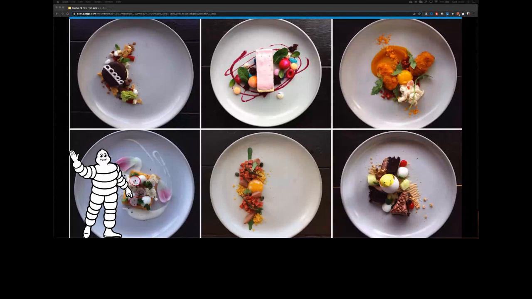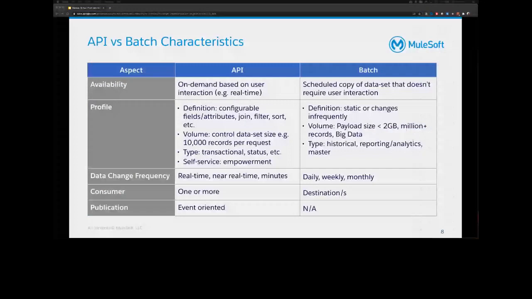Consumers of an API can be multiple and undefined at design time, whereas batch is usually tied to a particular destination or set of destinations, and this will rarely change. Publication of APIs happens in an event-oriented manner, while batch is republished rarely once it is created. All of these factors play an important role in helping you decide the right design.